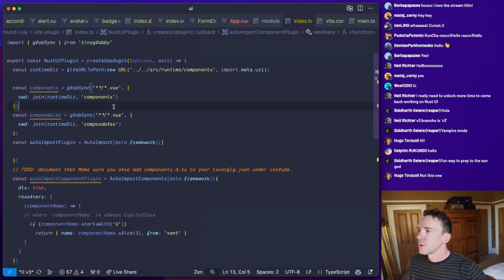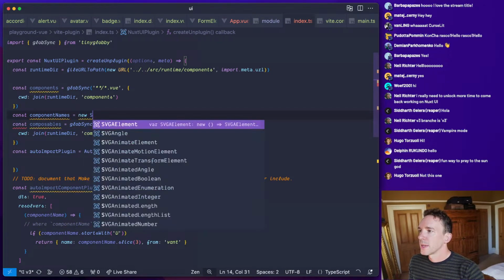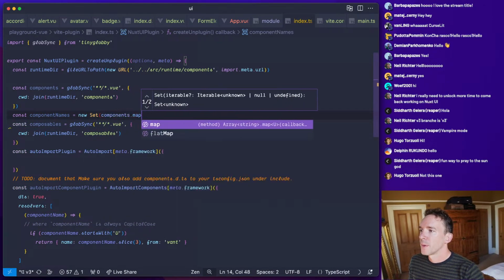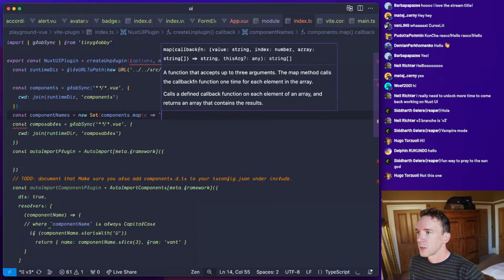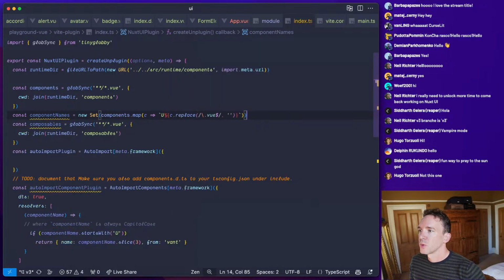We might need, I think we can basically do const componentNames equals new Set components.map c dash u c. That's pretty good.